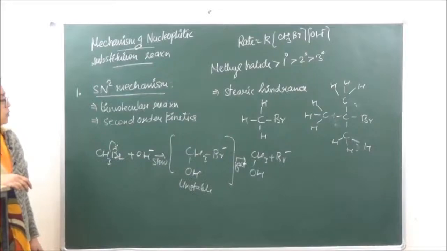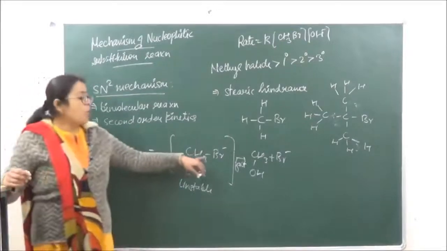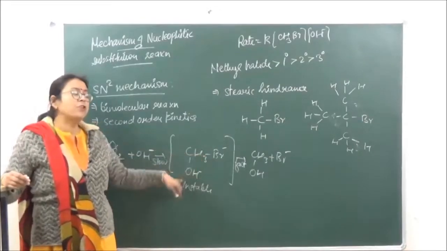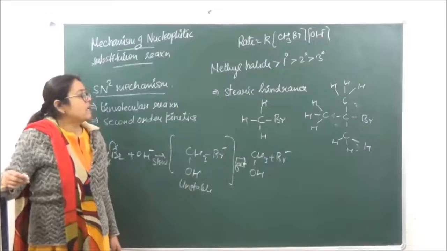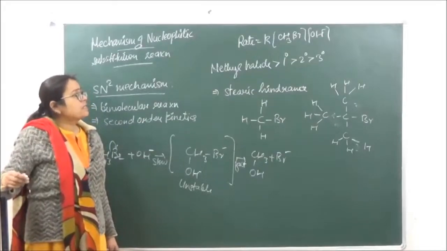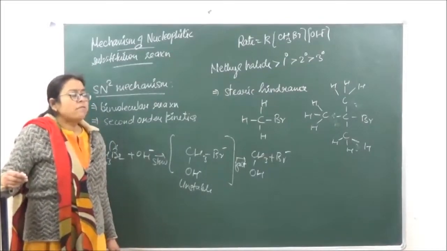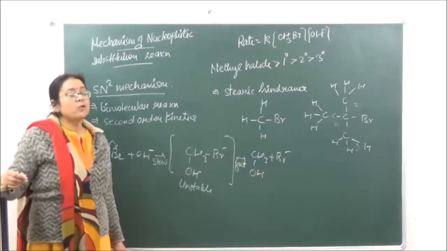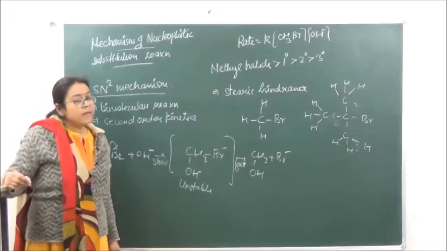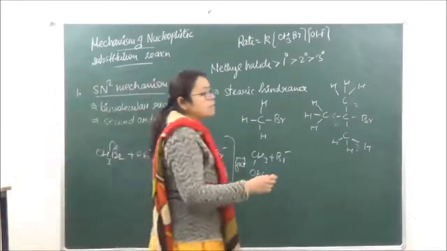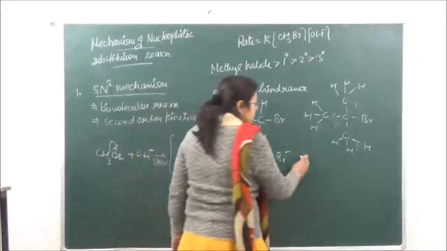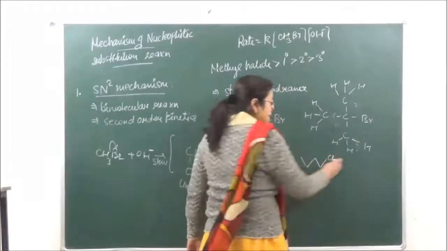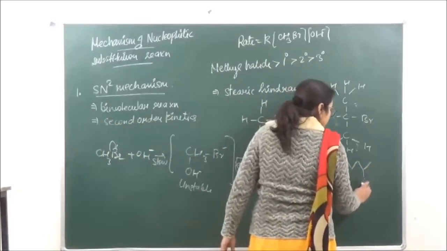Right? Smaller the group which is attached to the carbon atom, more is going to be the, क्या कहते हैं, attack of the nucleophile by SN2 mechanism. Now the question which is going to be asked in this section is कि which of the following halides undergo SN2 mechanism faster? So they will be giving you certain halides in terms of bond line notations. जैसे for example they have given you Cl like this, and the other one which they have given you is Cl like this.